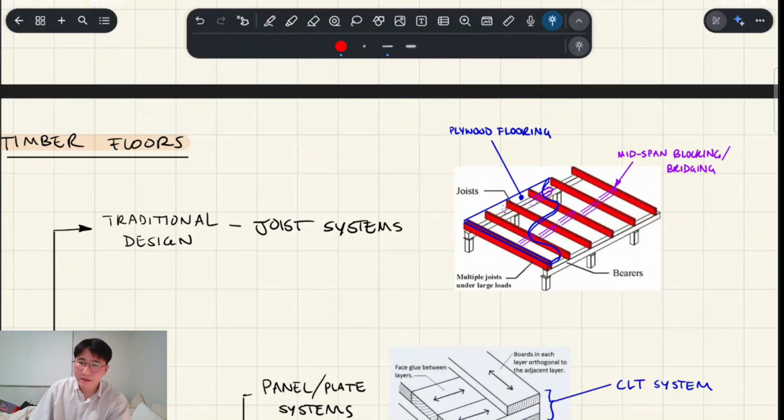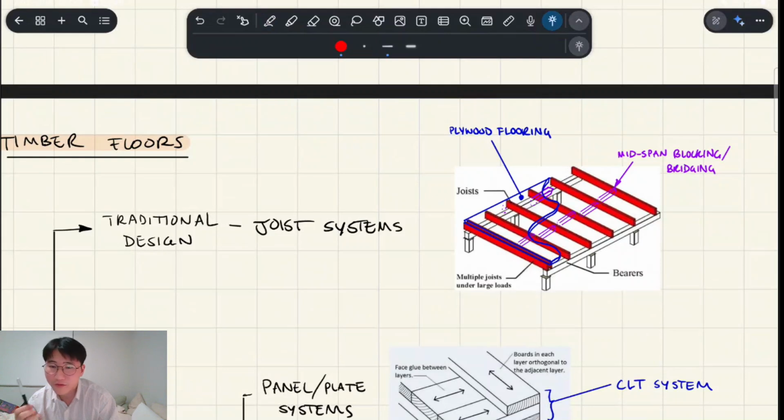And then in the other direction you have your bearers, which go into the column. So it's almost like a grid shape. In the middle here I've also added, sometimes you can add in mid-span blocking or bridging. This is for compression, or not really compression, mainly for flexural